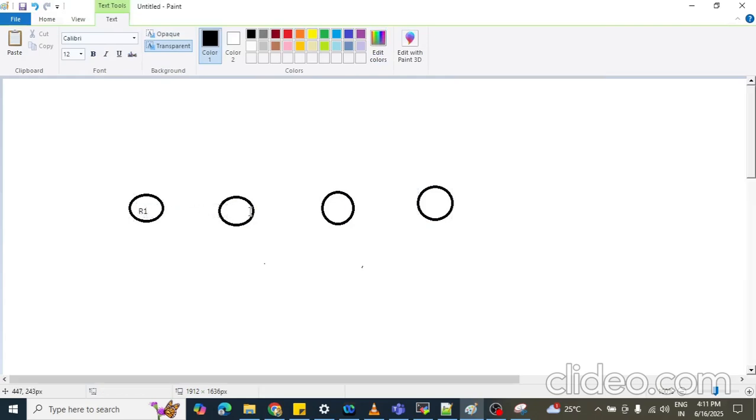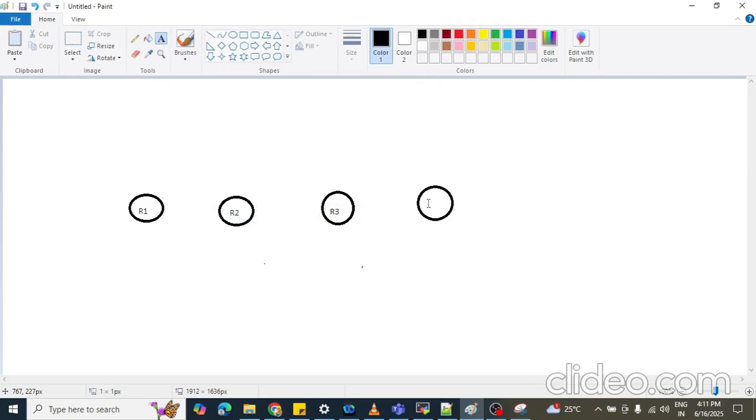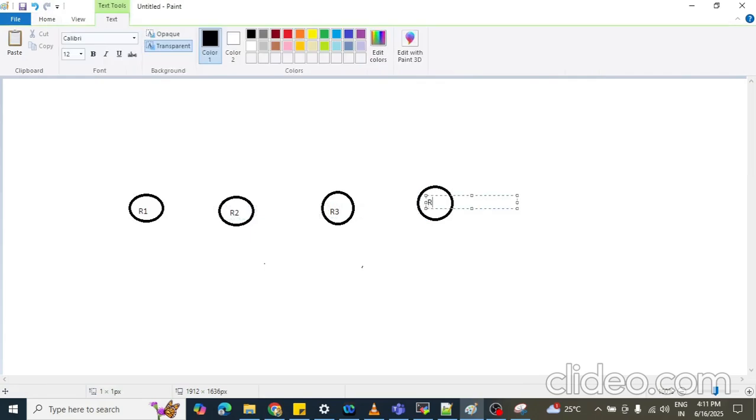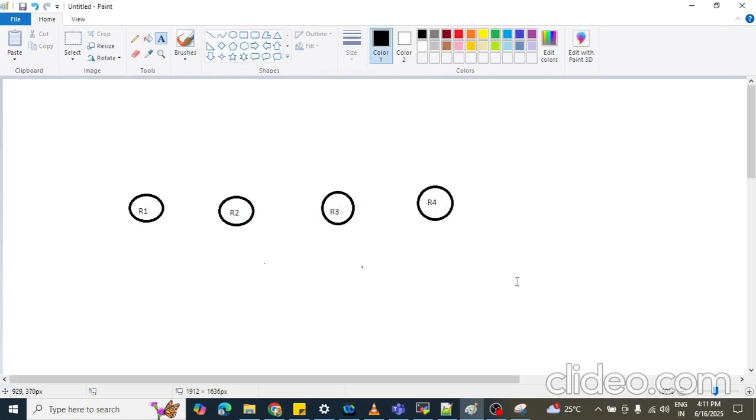R1, R2, R3. You are already aware of the replica set, right? Okay, so in all four replicas, all four replicas are running with the V1 version here.